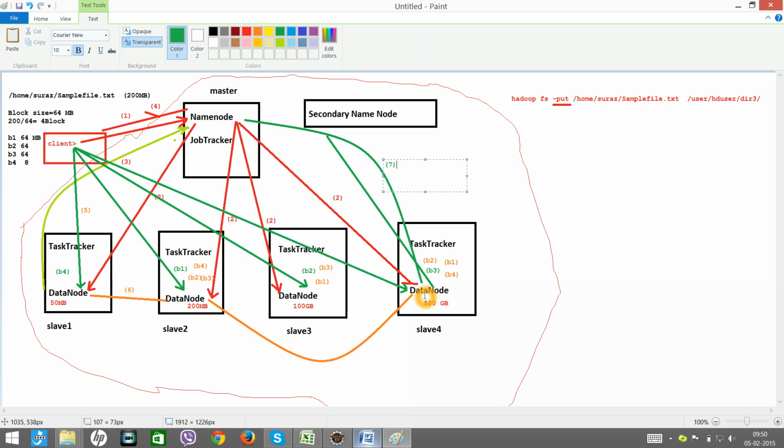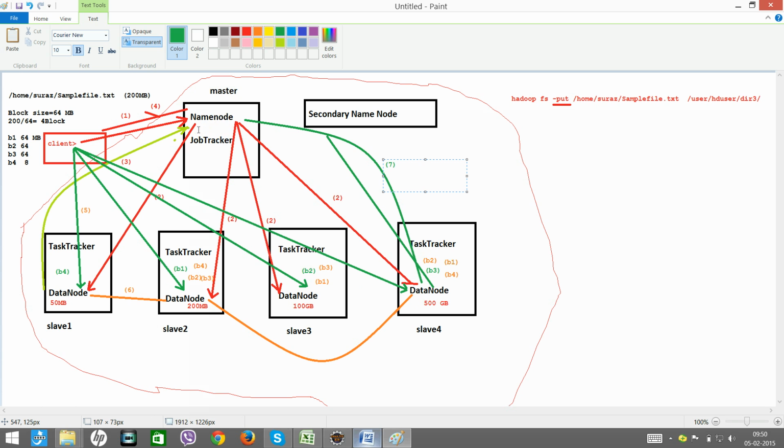All these details are given by the client to the data node, and the data node will start copying the data, and once copied it will transmit the data to other data nodes for replication. In the meanwhile, this data node will also contact the name node saying that I have stored this block of a particular file.